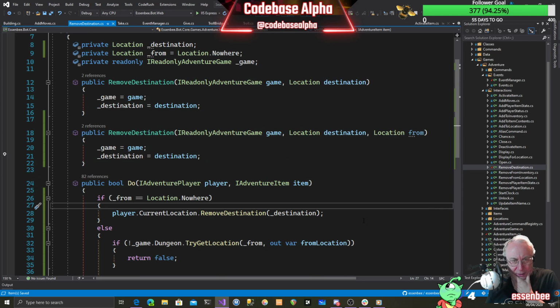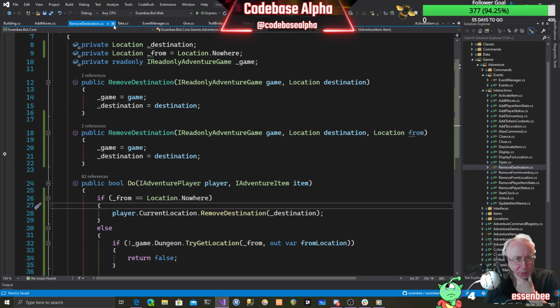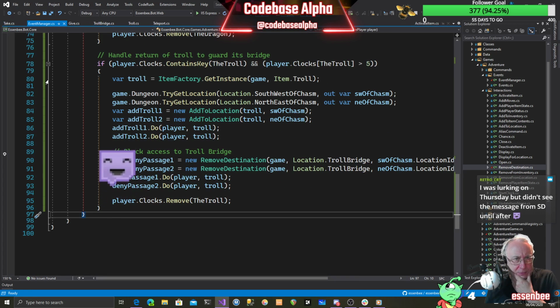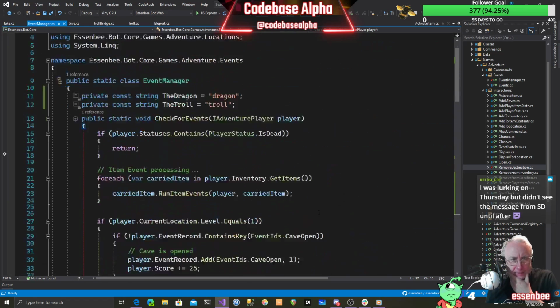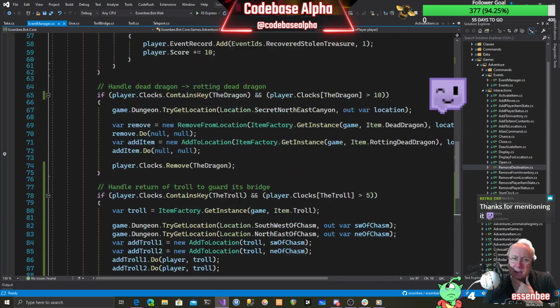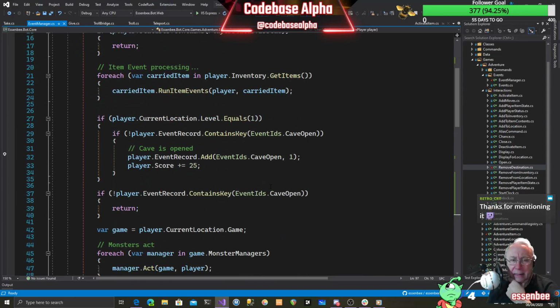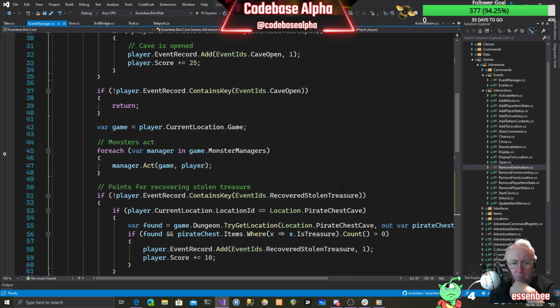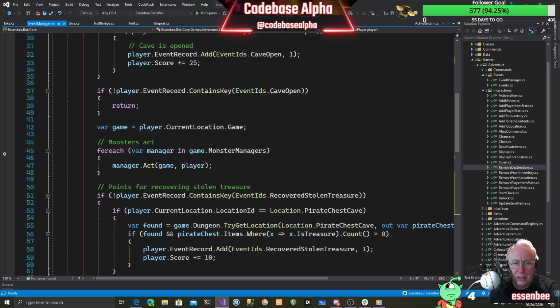And we can probably do something to make it better with another overload. I'll leave it as it is. There aren't that many things that we do in the event, and this used to be a big sprawling method, but we refactored it down to very little code. So at the moment, it's basically handling the wandering monsters through monster managers. Two different monster managers, a dwarf manager and a pirate manager,